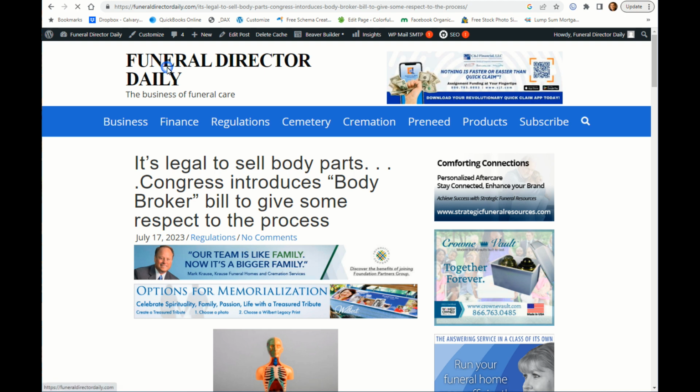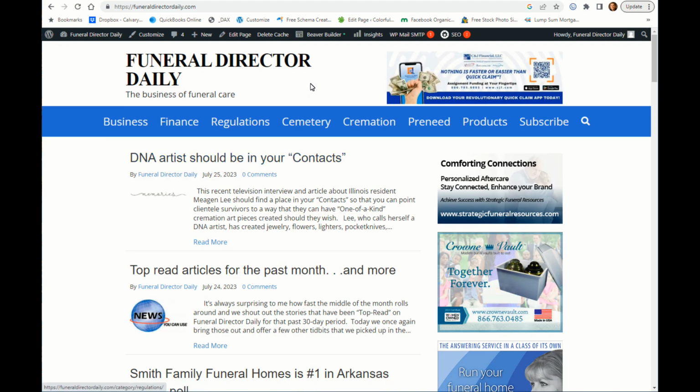So if we're at the home page, I'll click on the heading here. Okay, and you look up at Beaver Builder there, we have where we can edit the page itself, the home page, or we can edit the header, which is just this stuff up here. And usually we don't have to do anything there unless, of course, this ad changes. So let's just try that once. Let's click on Beaver Builder in that header,